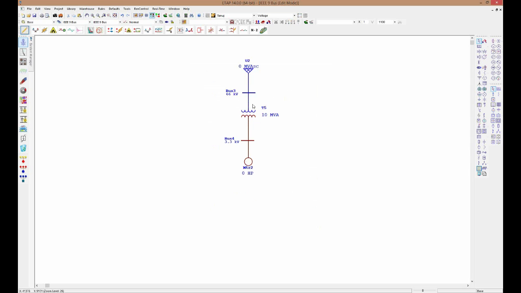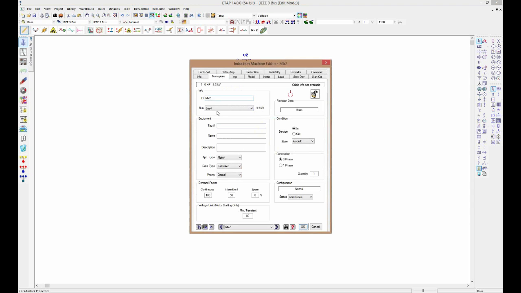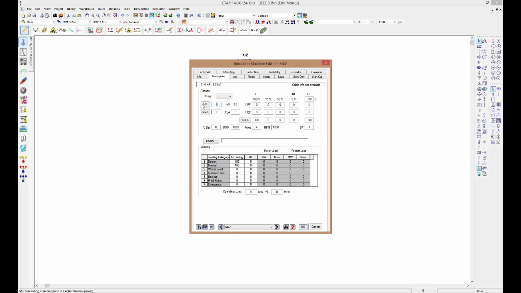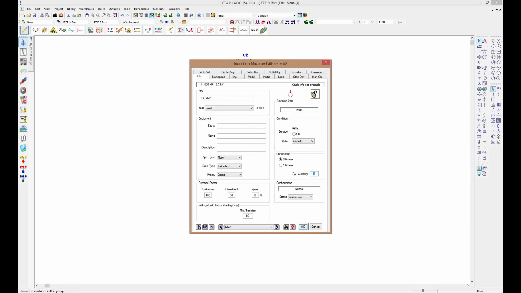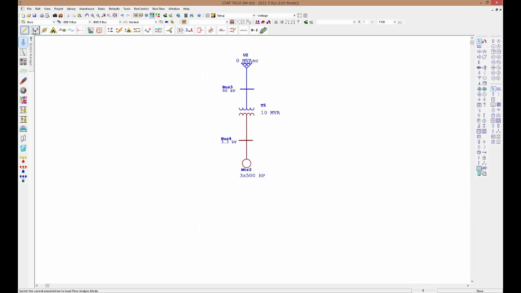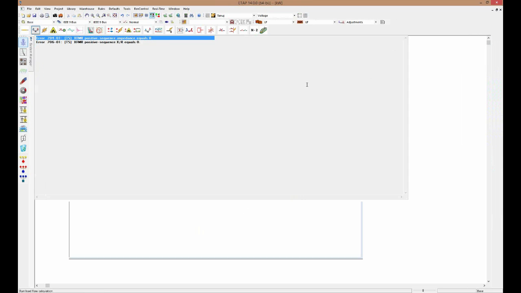Since I'm color coding based on voltage, you'll see the primary side and the secondary side have been color coded appropriately. And the next step for me would be to go ahead and specify some nameplate information for this piece of equipment, so I can go ahead and do that. And I essentially want 3 of these machines connected here, so I can change the quantity. And that's all it takes to simply build the network model inside ETAP, and I can go ahead and perform